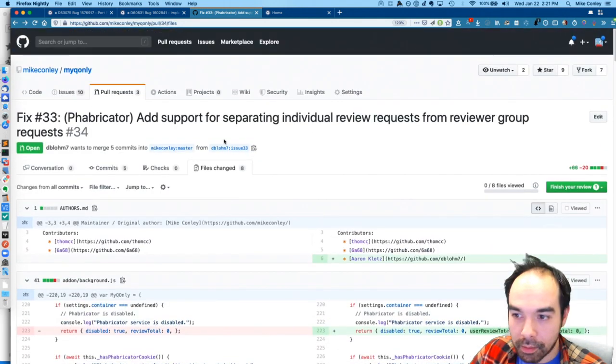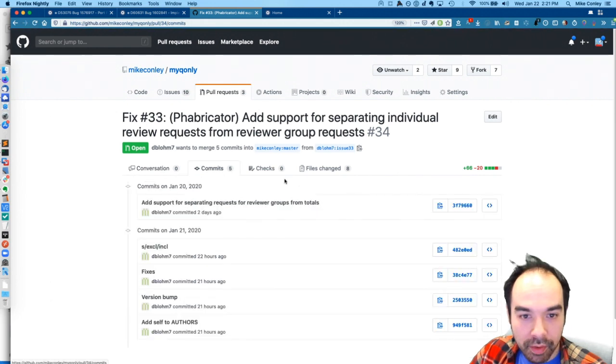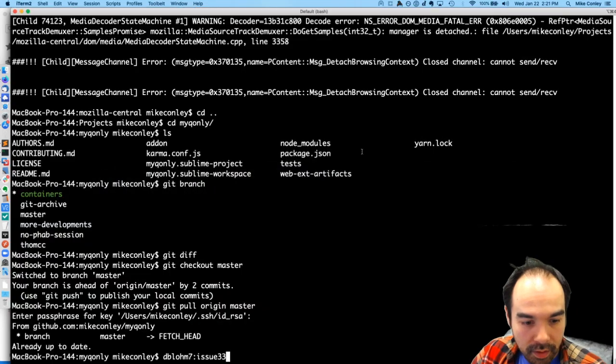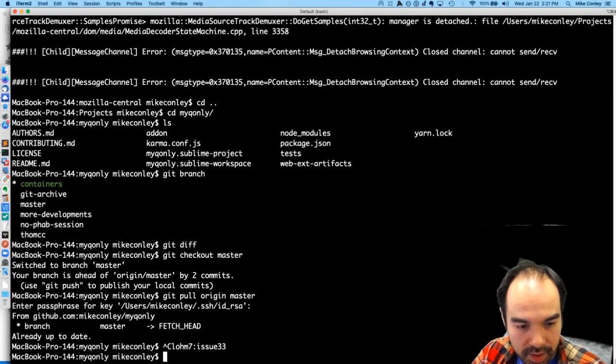Okay, I'm gonna pull this. How do I get this? Commits. I want to pull this down. How do I pull this down? Let's get